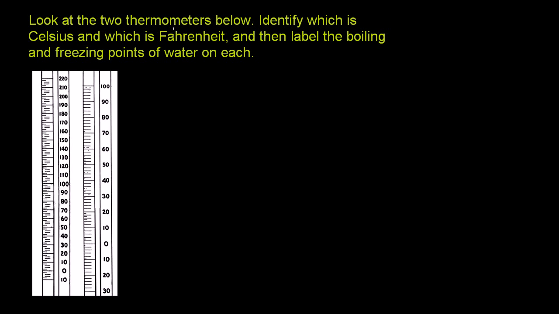Look at the two thermometers below, identify which is Celsius and which is Fahrenheit, and then label the boiling and freezing points of water on each. Now, the Celsius scale is what's used in most of the world. And the easy way to tell that you're dealing with the Celsius scale is on the